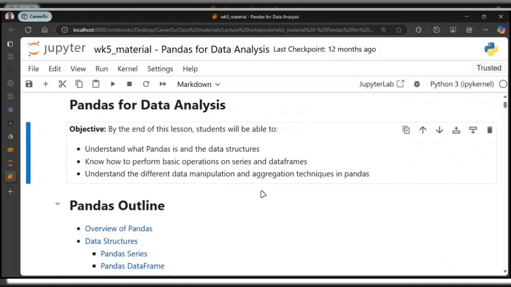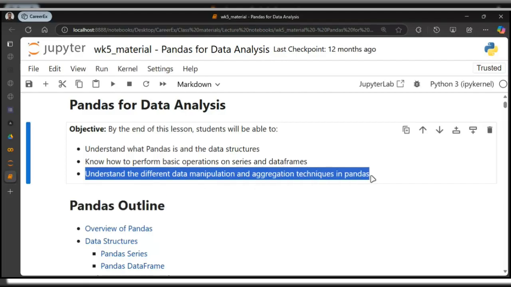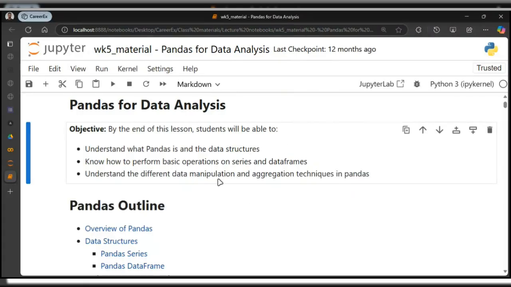As it was for NumPy arrays, we have for pandas the Pandas Series. We actually have two data structures or data types in pandas, and we're going to be looking at them. You should also understand the different data manipulation and aggregation techniques in pandas. So these are the things that